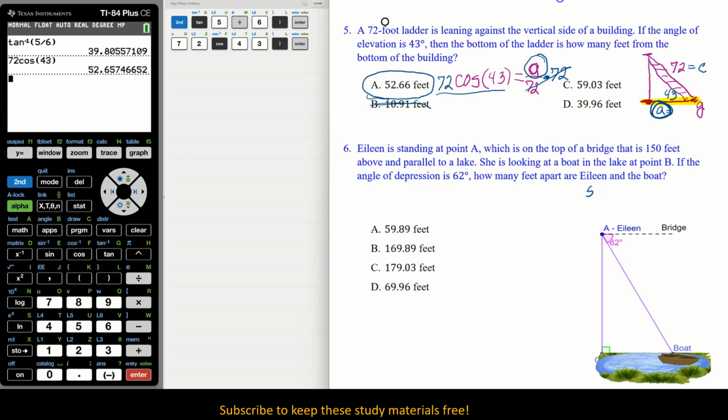B's not even close enough. Yeah, C's a little large, and D's definitely not large enough. So, yes, the only option we have is A. Okay? All right, now